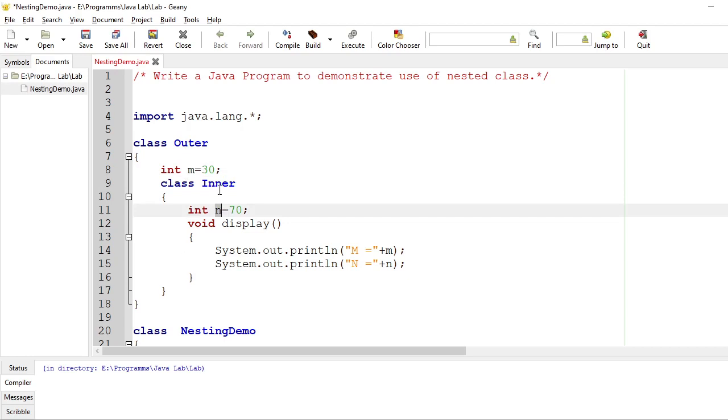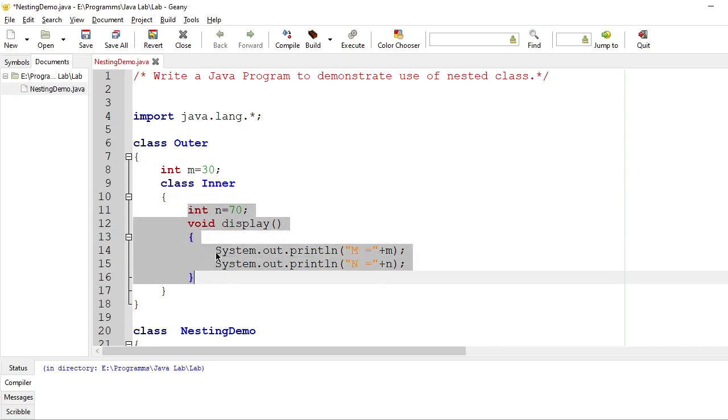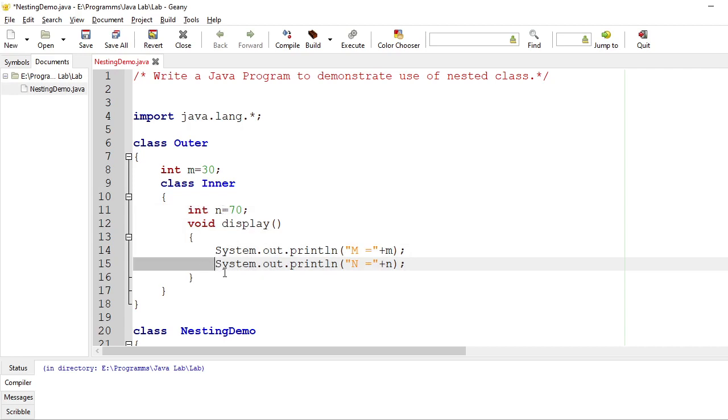The reason is that n is available only inside the inner class. It's not available in the outer class. This is called scope. The scope of this variable is only inside the nested class. So n is available only here. If I try to display n outside the inner class, it will show me an error message.